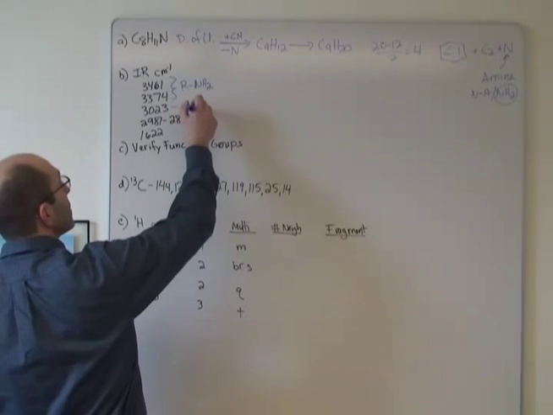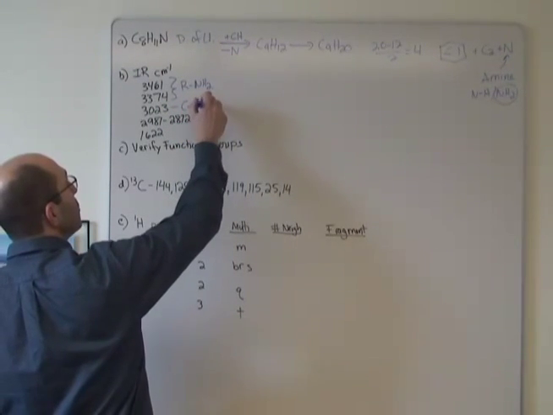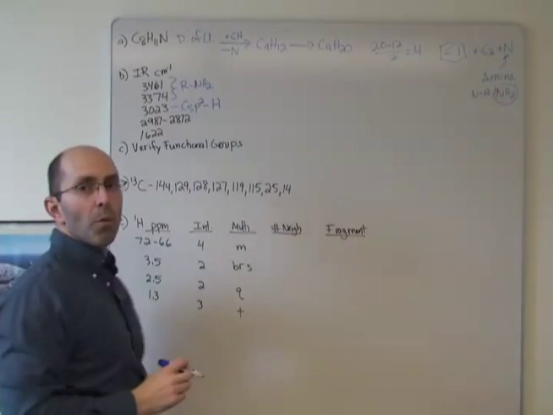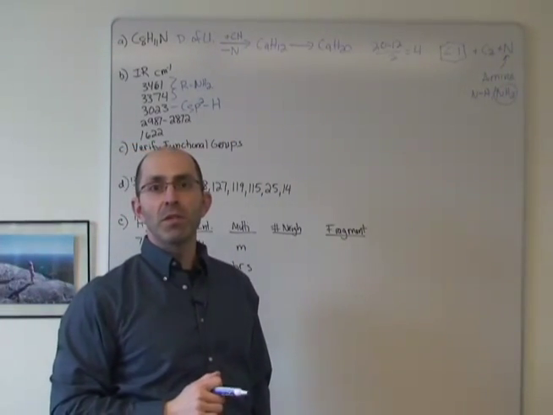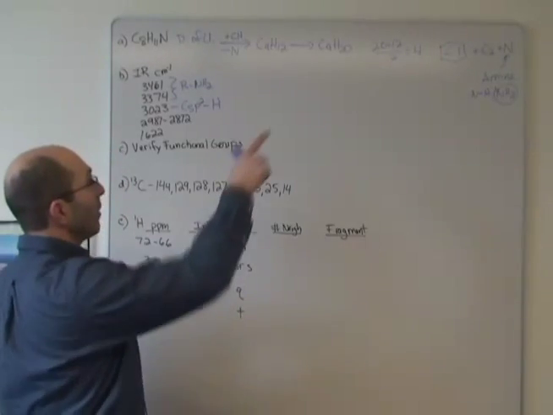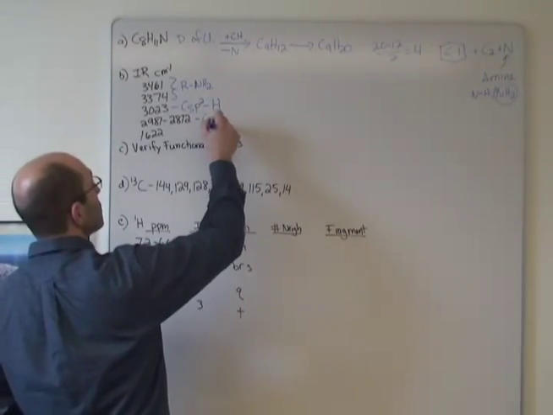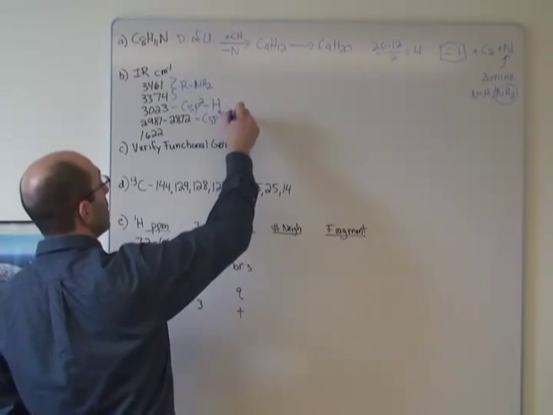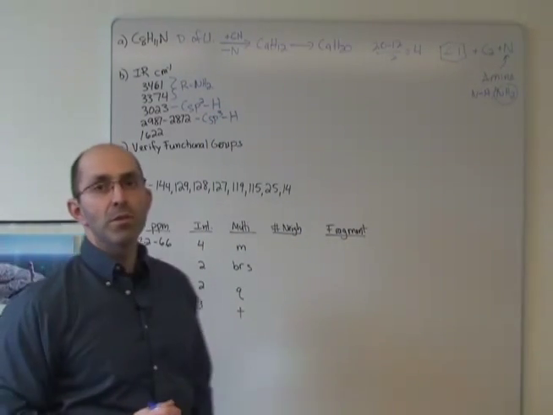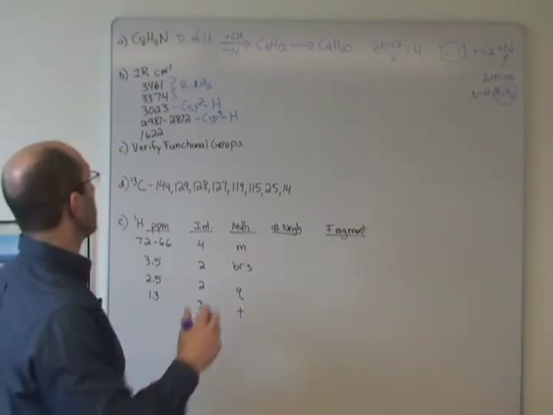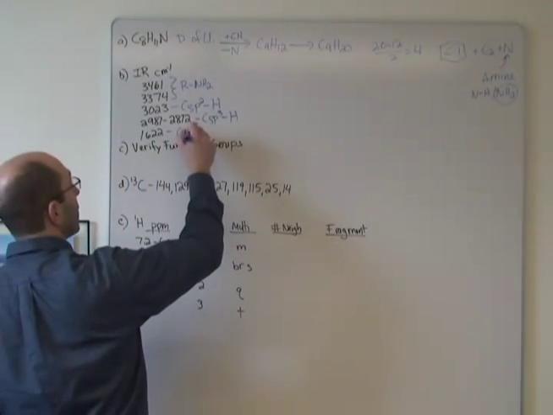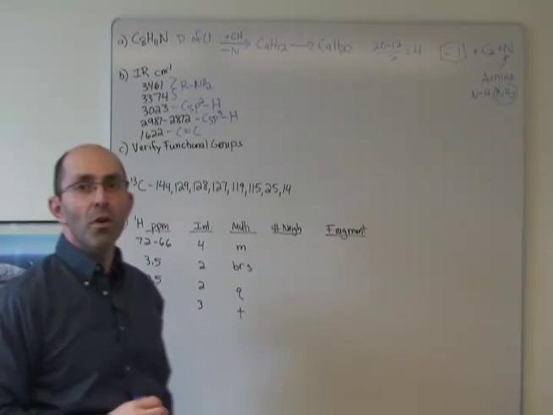3023, that makes sense that this is Csp2 to H bond, right? We know we're going to have some carbon-hydrogen bonds from the benzene ring, so that makes sense. We have 2 other carbons that are saturated, so those are going to be Csp3 to H, so it makes sense that we have that peak as well, just below 3000. And we know in the benzene ring we have carbon-carbon double bonds, so that 1622 peak is a carbon-carbon double